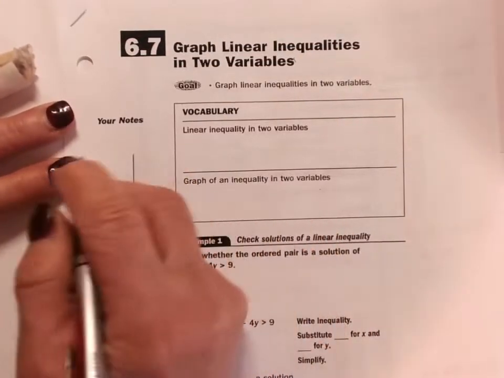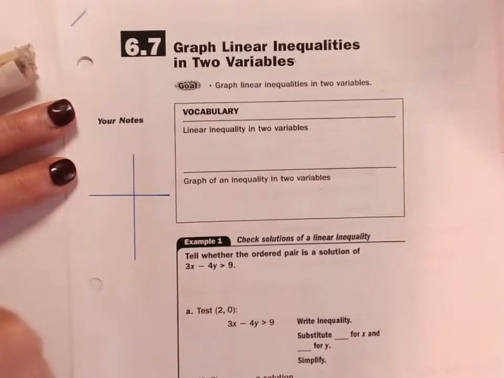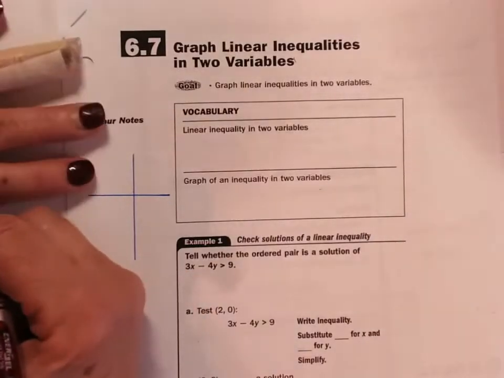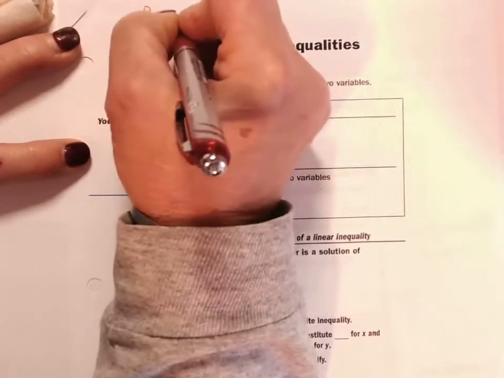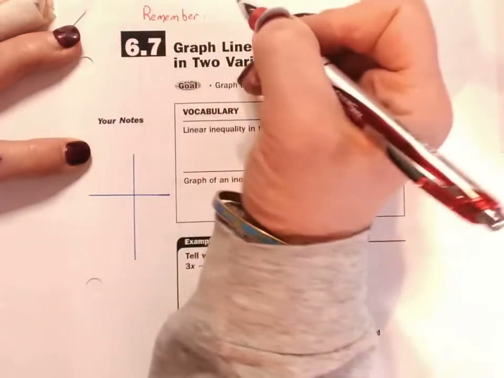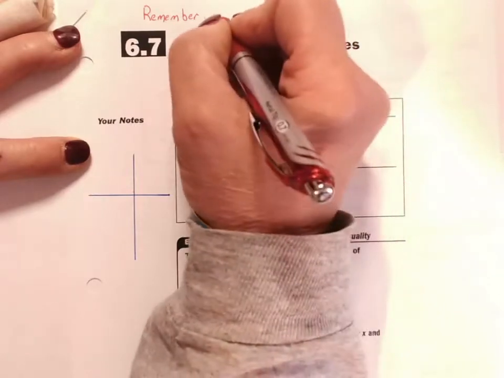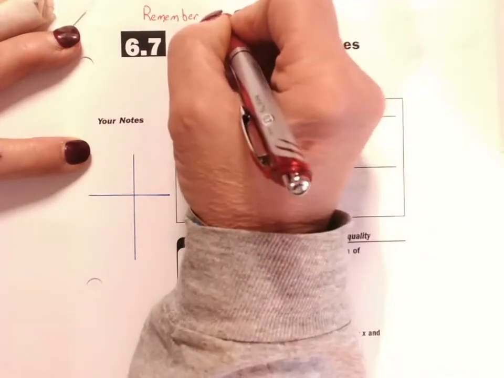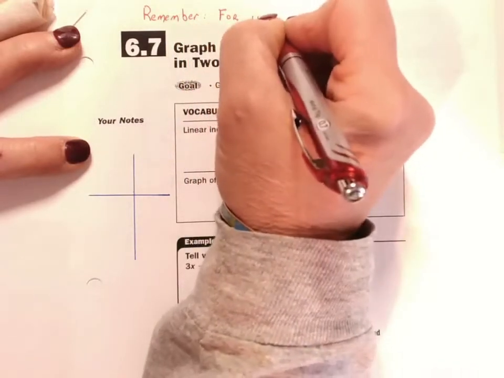Now we need to review a few things about inequalities before we start to graph them. First, let's remember when we were graphing inequalities, there was one rule that we always had to remember to do. Why don't you think about that? You got it? The rule is for inequalities,